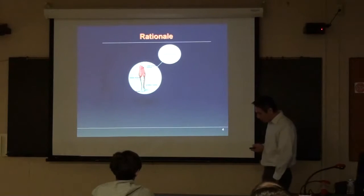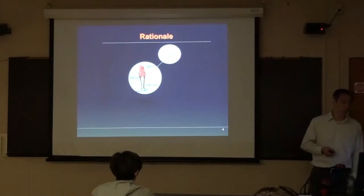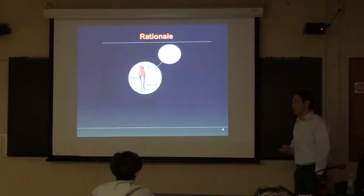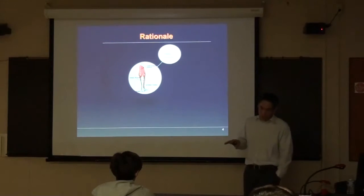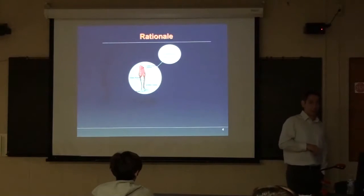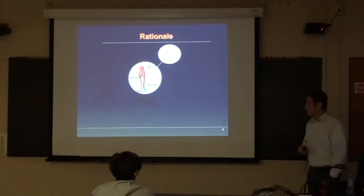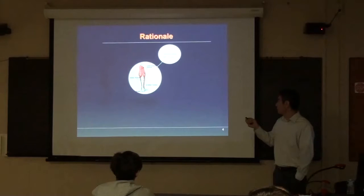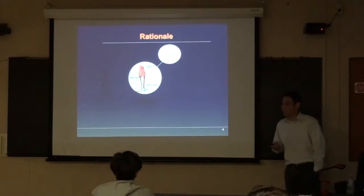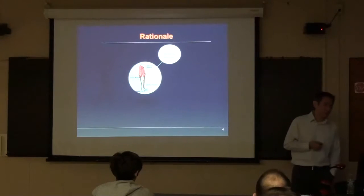For example, in the stroke population, typically they have a limited ankle range of motion, correct? That means they sometimes cannot bring the ankle to neutral, or have less than 10 degrees of dorsiflexion. So typically the ankle joint stays in plantar flexion. You can imagine this is going to impact the gait pattern. As shown here, this is just one example. During the mid stance phase, when the limb is on the ground as the single limb support phase,